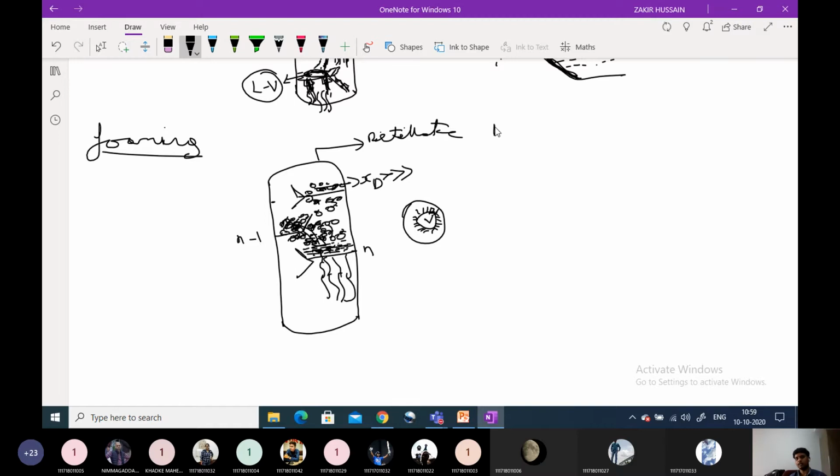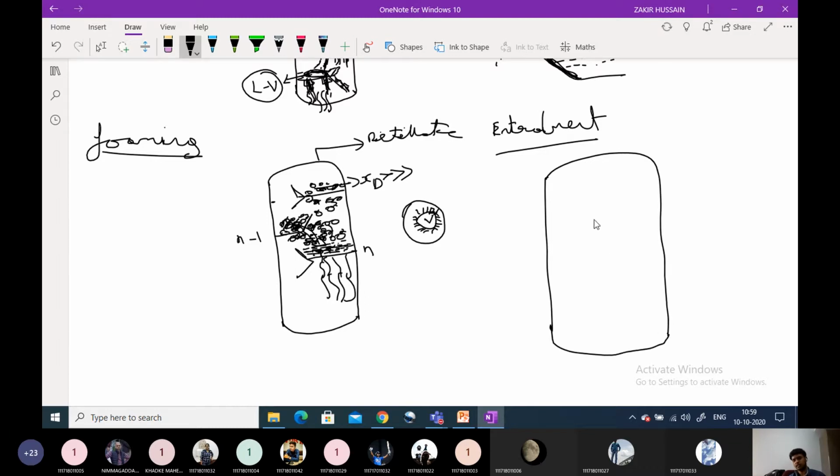Then next one is the entrainment. What is entrainment? If you consider the column, all these parameters show column channeling or column inefficiency. When these parameters are there, foaming, entrainment, dumping, weeping, or flooding, the column is inefficient to perform the operation. So we have to lower these parameters first. If you consider this one as an above plate and this as a bottom plate, and similarly the plates continue like this, then how will the entrainment occur? Usually liquid will be there here.